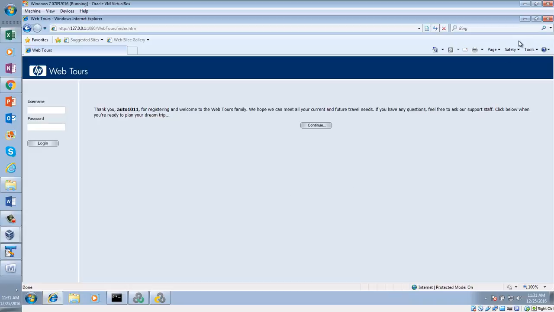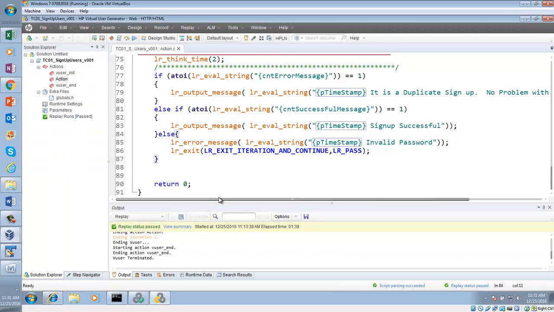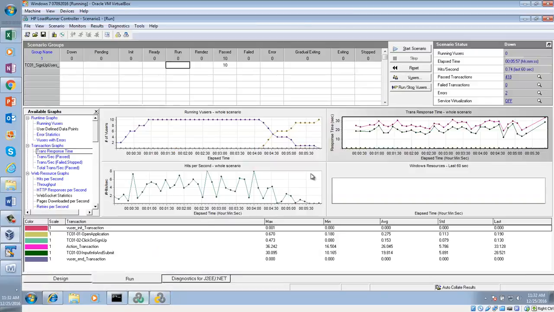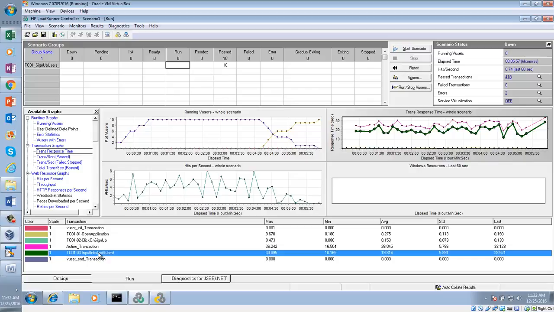Now let me go to my execution in the controller. Everyone, can you see one thing here? Running users, our execution is done now. Now can you take a look at the response time? For the transaction input data and submit, can you see something different?